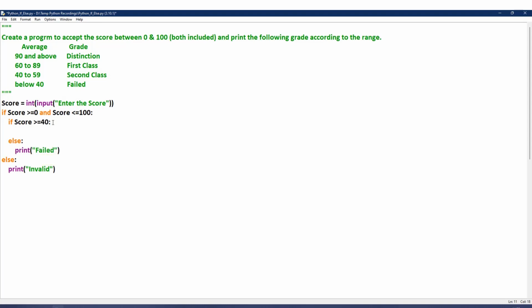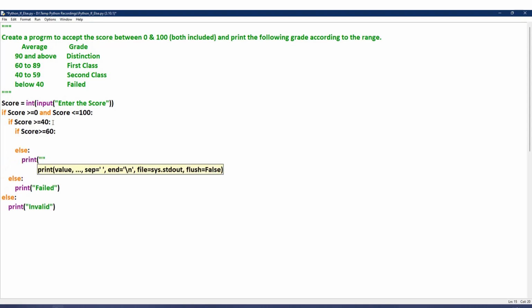If it is more than 40, again I check whether it is more than 60 to see whether it is first class. 60 is also more than 40, so I put one more condition here. If score is greater than or equal to 60, I check. In case this is false, I print second class.